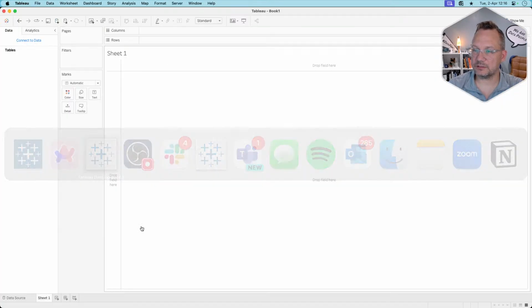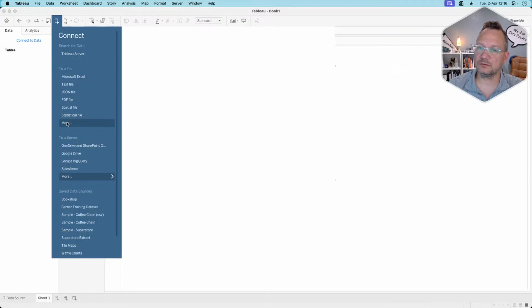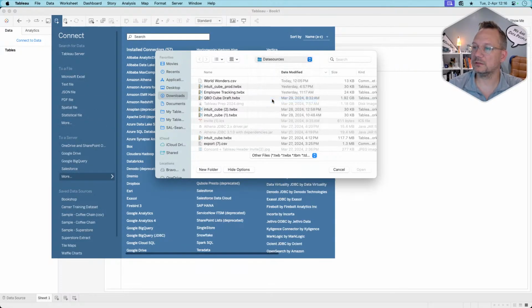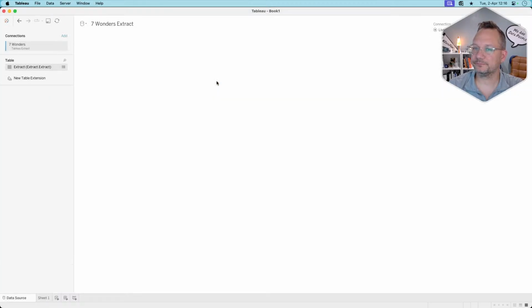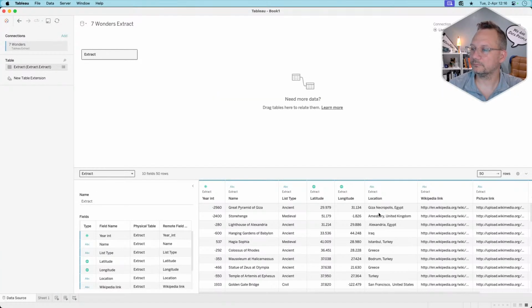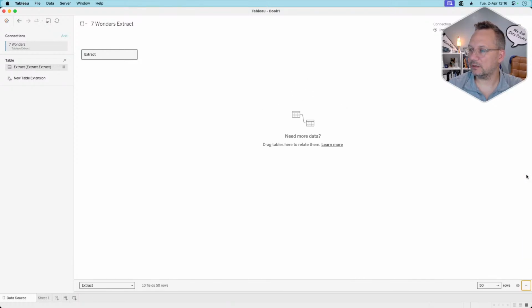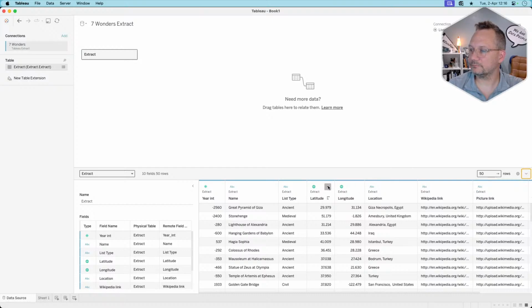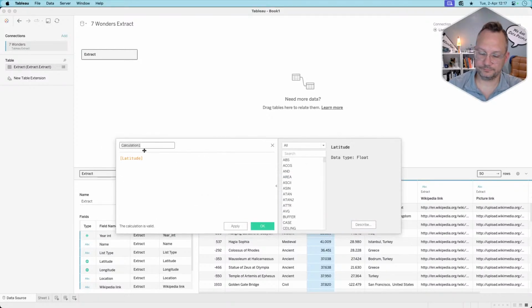Alright, so now let's go into Tableau and let's connect to data. And let's connect to the 7 Wonders. Let's go ahead and do a make point. So let's create a calculated field. Make point of latitude, longitude. And this will allow us to use, potentially,